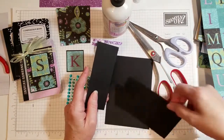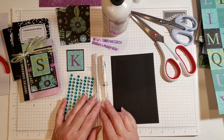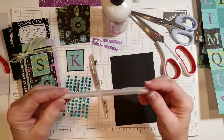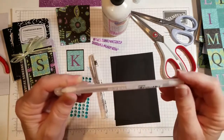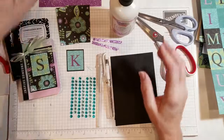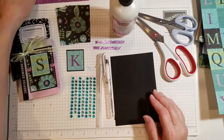And I've got my handy dandy Signo white gel pen. And I'm also using this Jelly Roll pen that is just like a clear glitter that I really love to use. I've also got these gems that just match my paper, and some pretty glittery paper that I'm going to use to help embellish the card and give it a little sparkle. This is the art glitter glue that I use that really sticks well, and then you're just going to need some scissors,